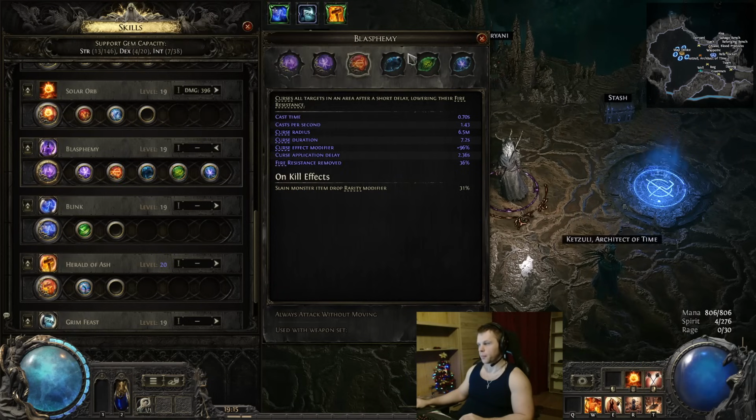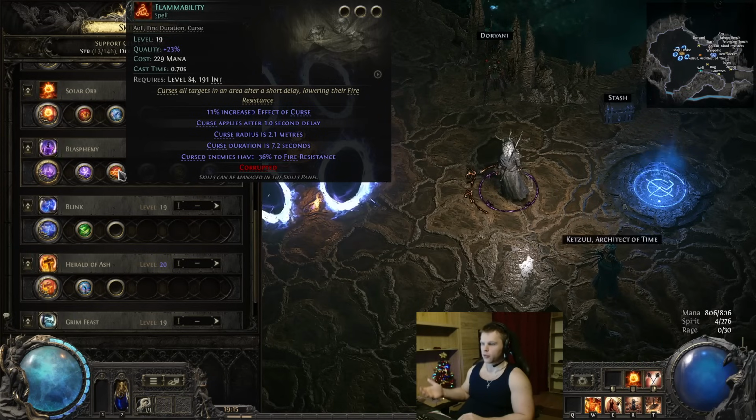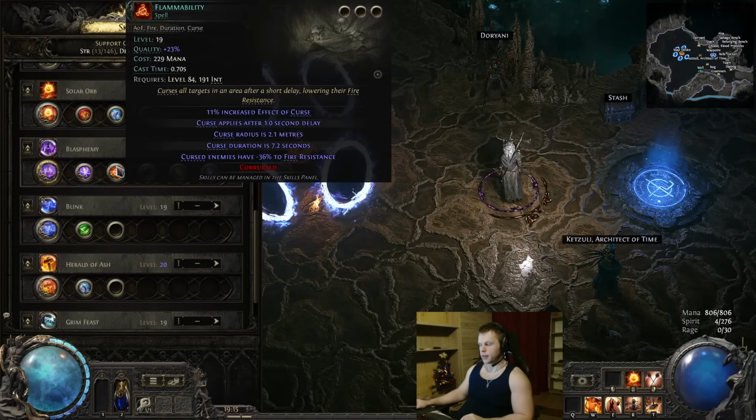Absolutely disgusting. One thing you can do, of course, as I mentioned before, there are 3 useful curses in the game. There are other curses that reduce the respective elemental resistance of different types, right? But we do fire, so obviously we use flammability. The other one being temporal, enfeeble. And enfeeble reduces damage of monsters by a lot. So if you ever,